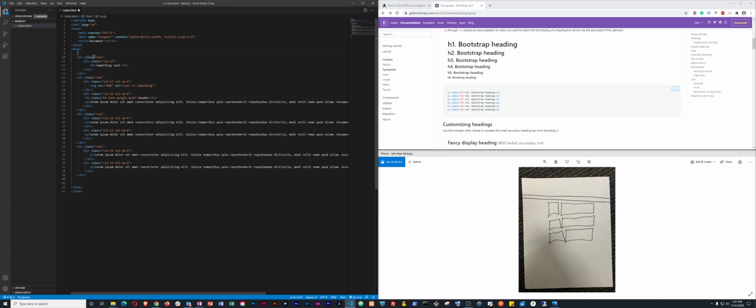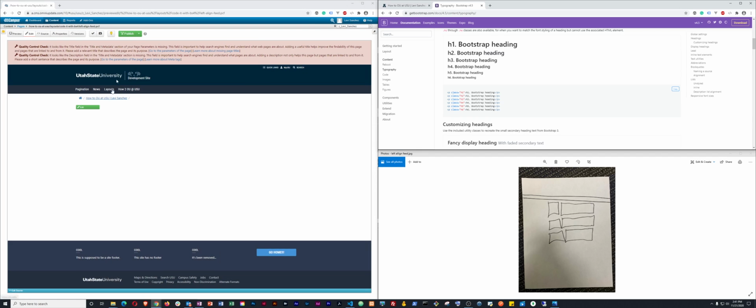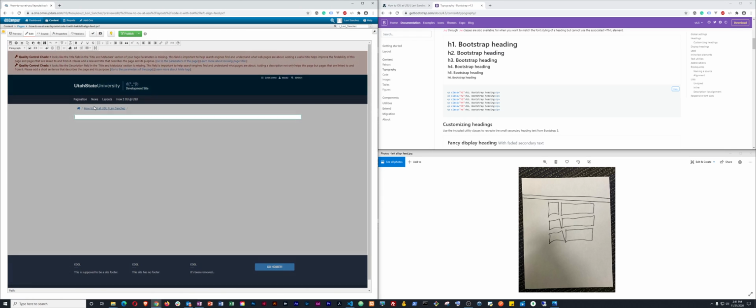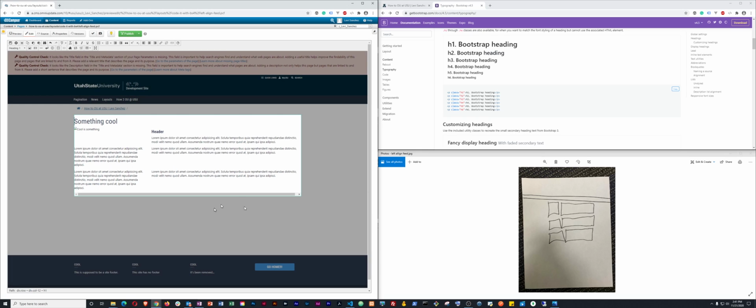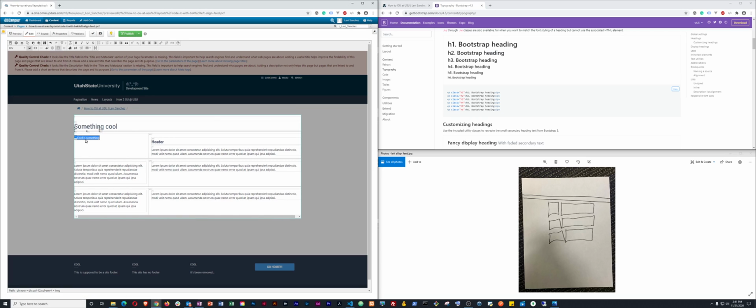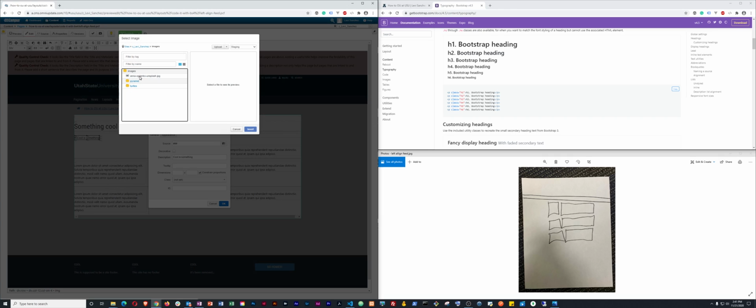Once you have that, you can go ahead and grab all of your source code. I just cut it with my Control X shortcut. And I'll go into edit, source code, and paste that in all at once. And then I can see everything is pulled in. I have my header, I have my other two. I can finish setting those up. I can click show blocks so that way I can see where I'm at, and then I can go ahead and add the image of,